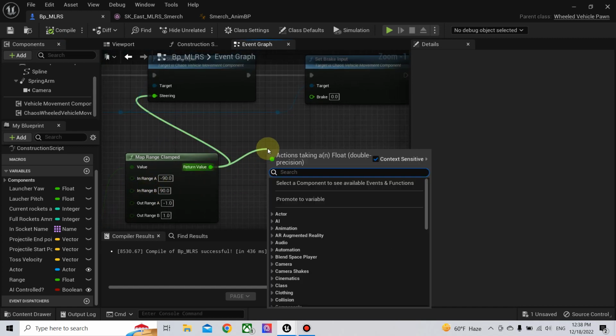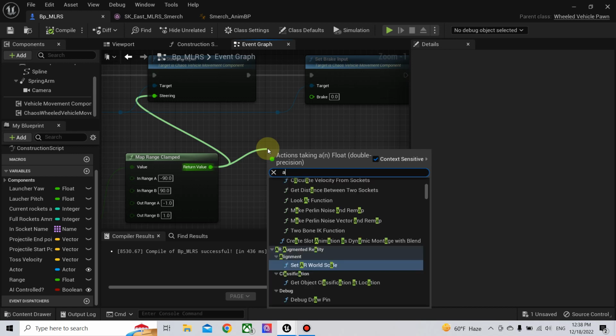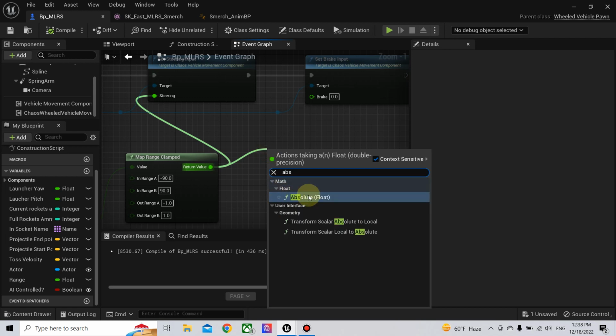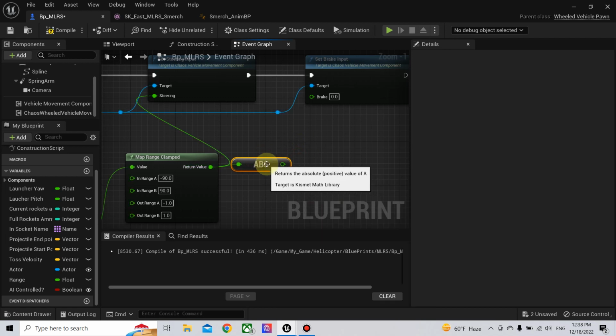Now the brake input: when it is turning, I need the brake to be 0, and when we are within the range between minus 90 and 90, when we are in front of the vehicle, I want to apply the brakes. So we need the absolute value. This will give us a value that's always positive,